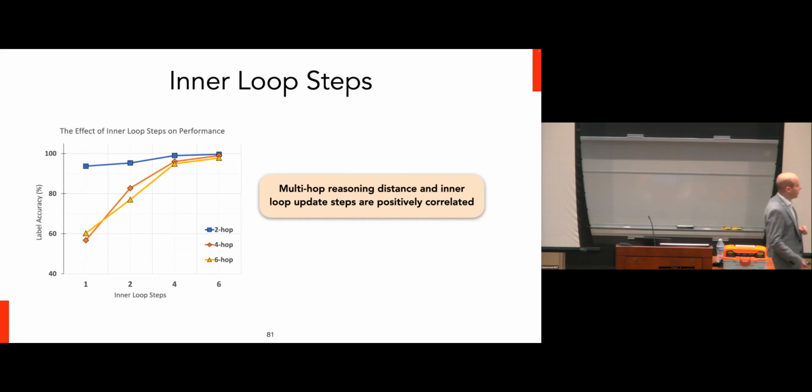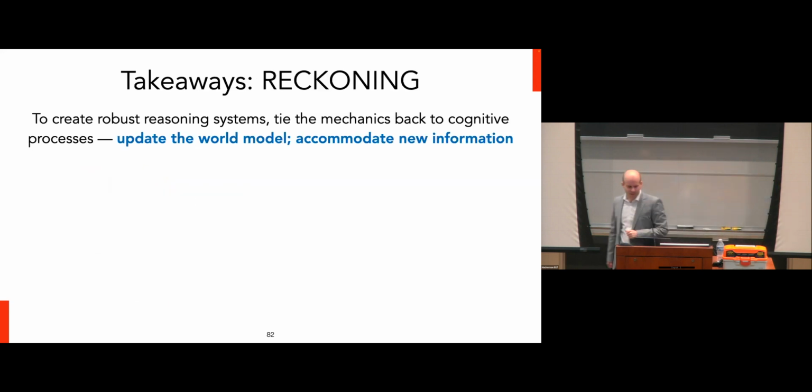This is a correlation that we found kind of interesting, which is that the meta-learning algorithm follows the same complexity that the questions do that need to be answered afterwards. However, we did check whether you could answer 2-hop questions about the 6-hop questions that we had in the intermediate stages. That's not actually true. So it's not necessarily constructing the same logical forms over the course of these inner loop steps, but by the end of it, it needs a lot of inner loop steps in order to answer complex questions.